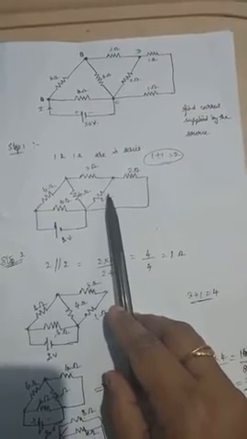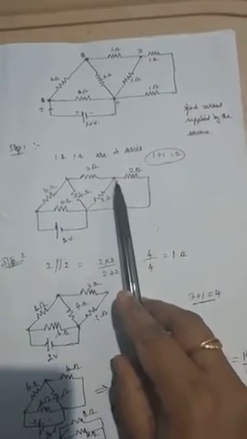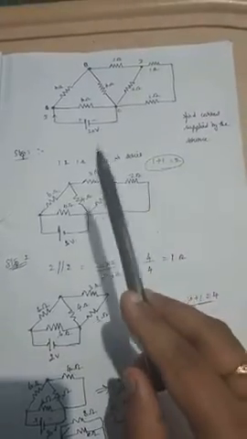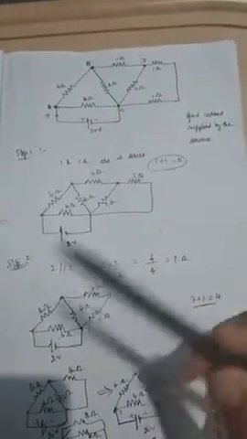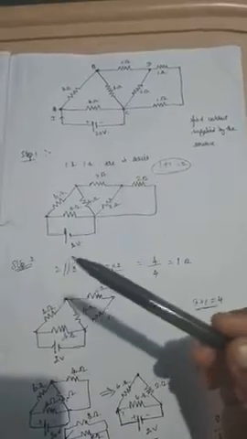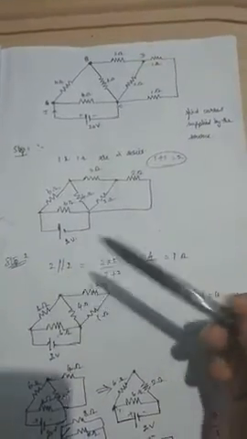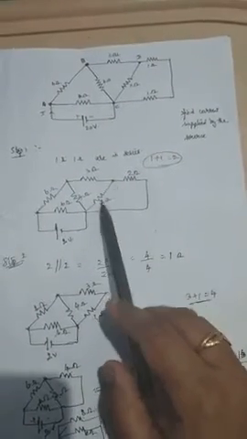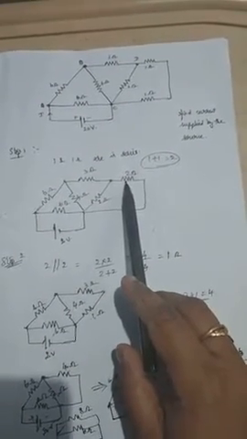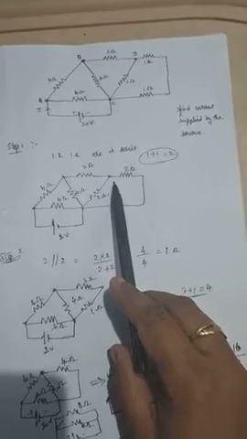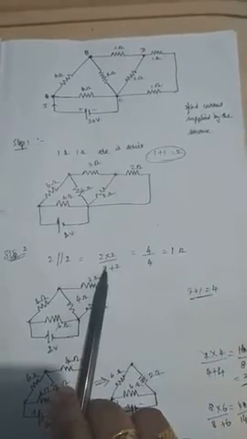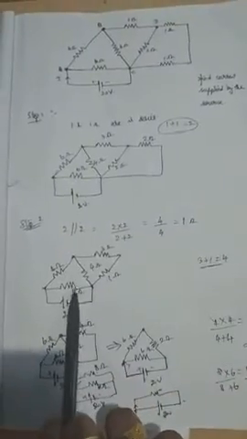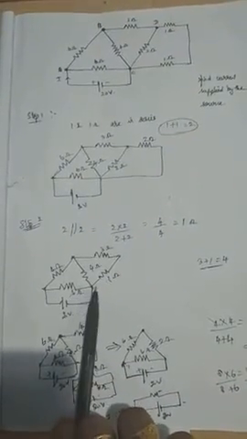How can we identify that it is connected in parallel? Once it reaches a junction point, the junction splits into two parts. If the number of splits is more than one, then it is a parallel connection. So in this junction there are two splits, the 2 ohm and again 2 ohm, so it is considered parallel. For parallel we know the formula: 2 into 2 divided by 2 plus 2, which is nothing but 1 ohm. So the circuit will be reduced like this.